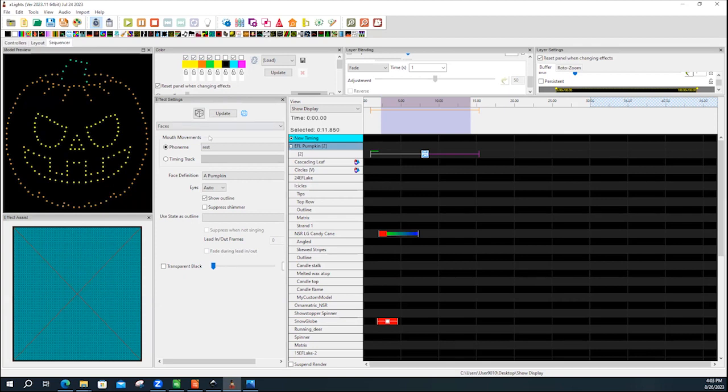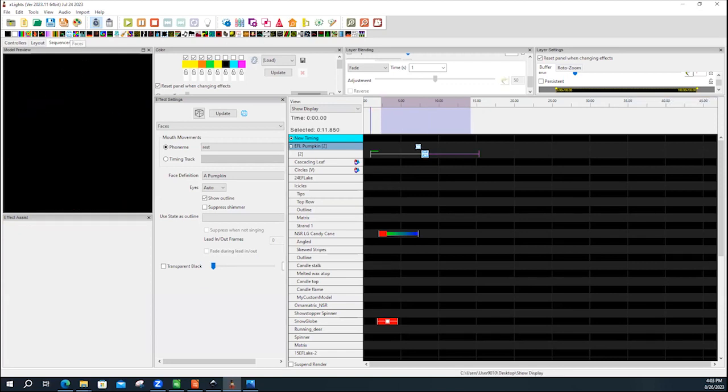So I have my face colored in. I don't have any forced color, so I'm coloring it in this way. And he's going to sit there and be cool. He is sitting there blinking away, and this is what he would look like if you didn't put anything on it. Now, the next thing I'm going to do is add another face effect here